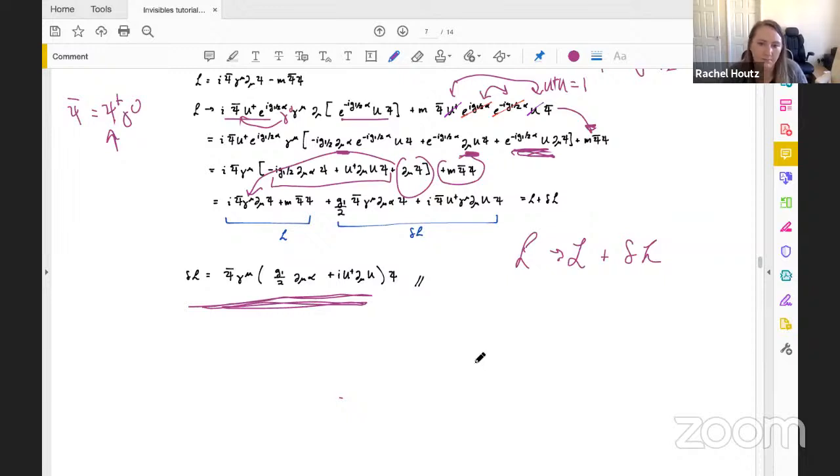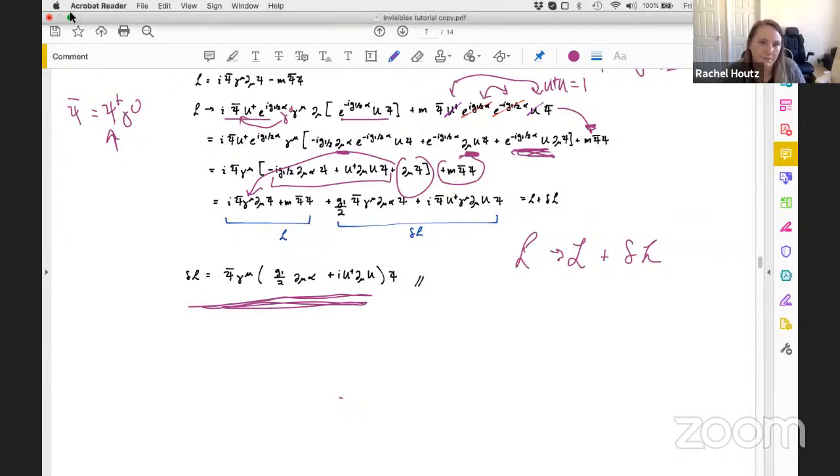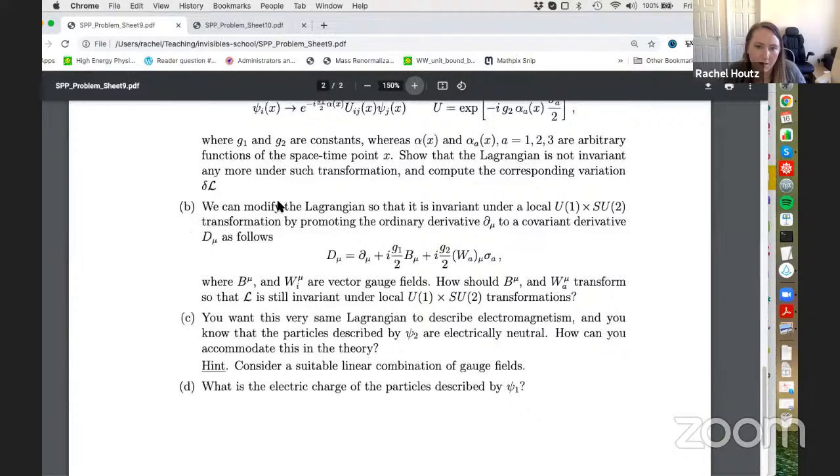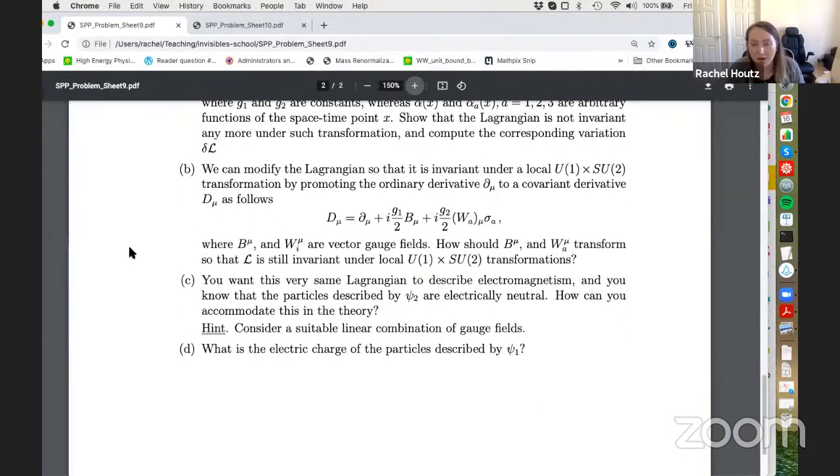So let's go to part B of this question, which is where we do something a bit more interesting. In part B, it says we can modify the Lagrangian so that it is invariant under local transformations. And that means promoting the partial derivative to a covariant derivative. This is probably something you've seen before, but if not, this is a pretty important concept in quantum field theory. And so we define this new covariant derivative as the partial derivative plus factors of these new fields, B mu and W mu,